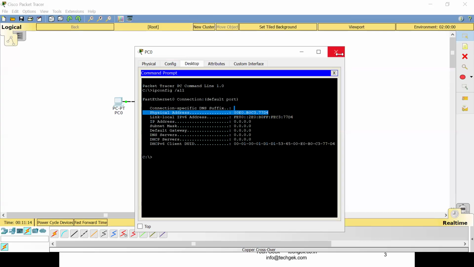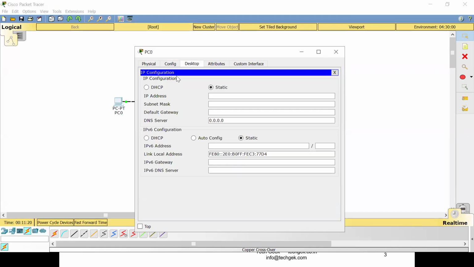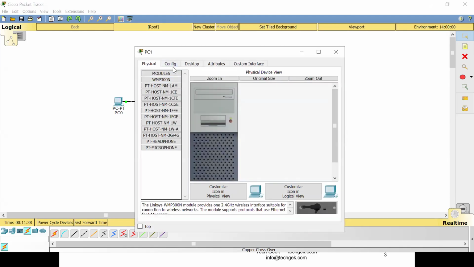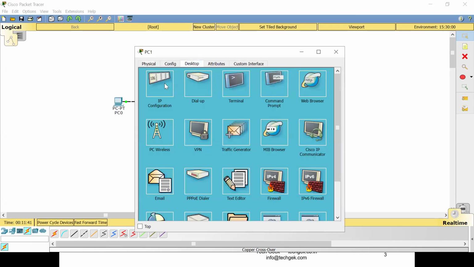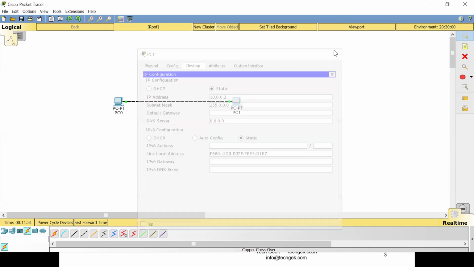In a similar way, an IP address is also required when they communicate together. I'm just going to give one IP address to help you understand a very simple basic idea. Let me say 10.0.0.1. This is an IP address which I have assigned as the link to the local address. Similarly, I click on this one and assign another IP address, 10.0.0.2.